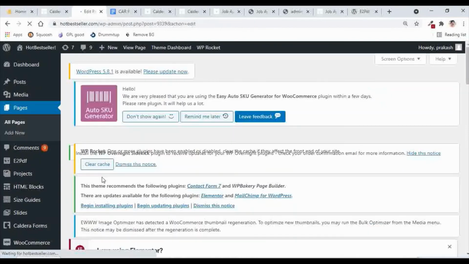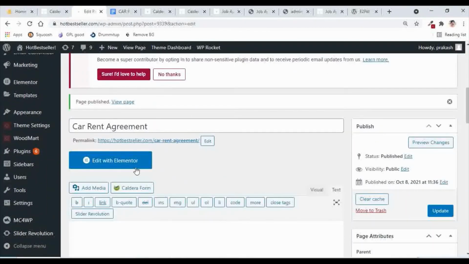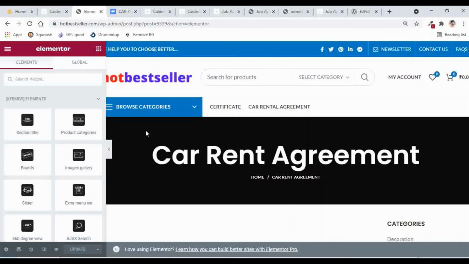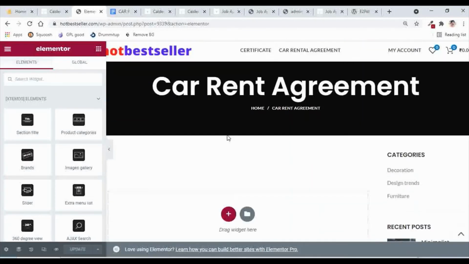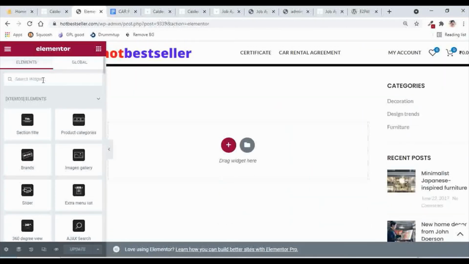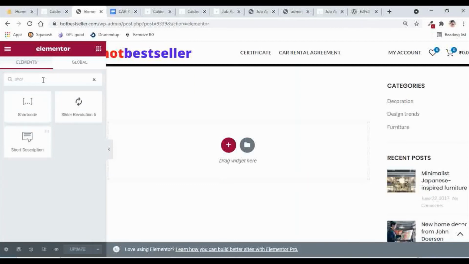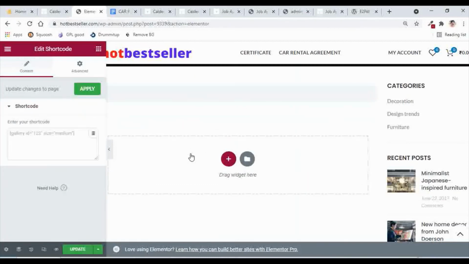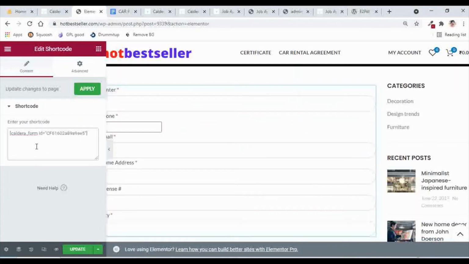Now let us go to edit with Elementor. So as we had discussed, you can also use the Gutenberg editor. I will search for the shortcode element, drag it over here, and I will put this shortcode for the Caldera